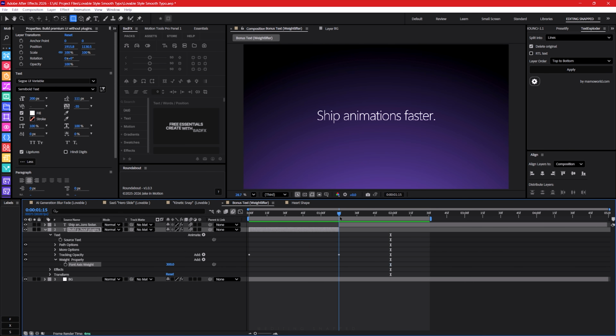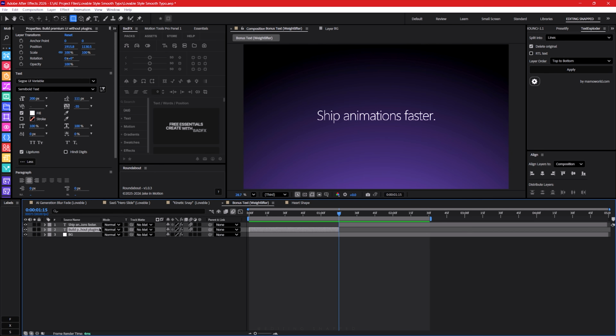And after that, at 1 second 15 frame, just hit Ctrl D to make a duplicate of your text layer, and it will be split from this frame. And just change your line. I have renamed it as shift animations faster. And after that, let's quickly hit U to hide everything, and let's select this second text layer, expand the